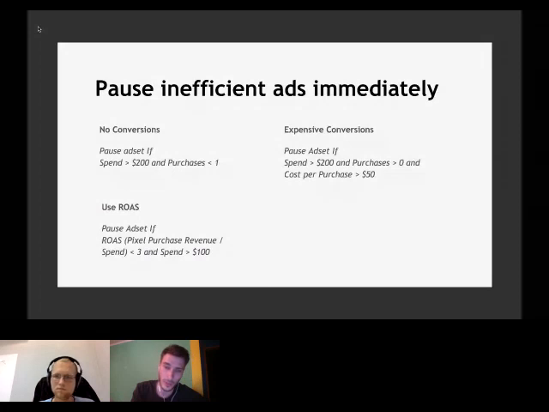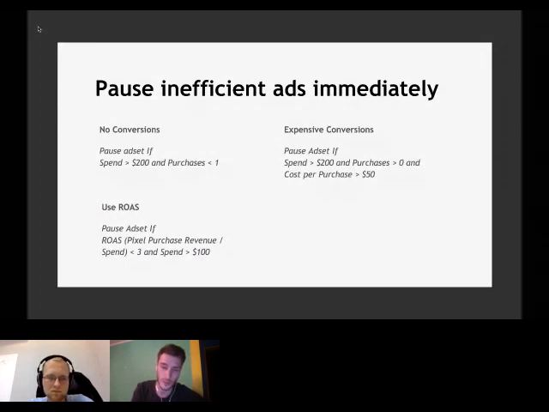So as Michael mentioned, let's say in this example, 200 is the amount that gets you valid statistical data. So you spend over $200, but you still have less than 1 purchase. Obviously, you want to pause that ad set. So you just create that, apply it to all the assets in your campaign, and the system is going to be pausing those campaigns